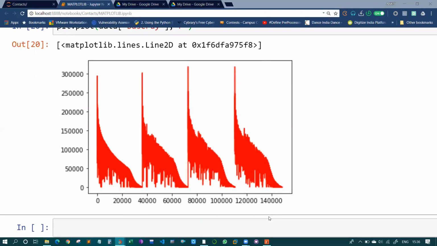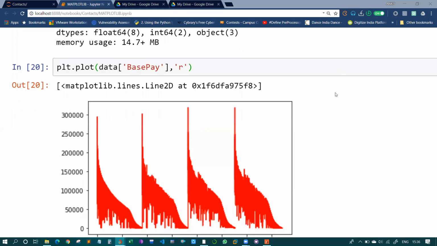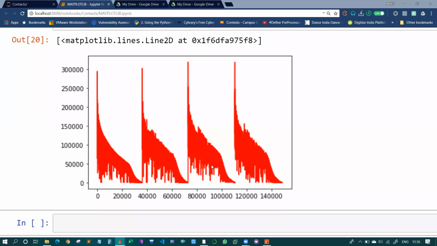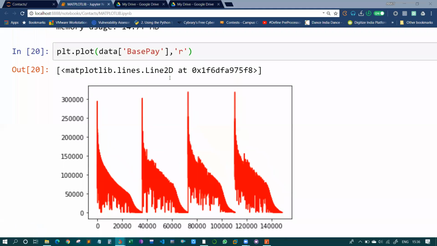But I think I told you one thing the previous day: if you are working with matplotlib, it is really hard if your data set is very large, because matplotlib cannot handle that much data. That is one of the major drawbacks of matplotlib. Another thing is that you need to specify labels. Here you can see there is no labeling done, so whoever you are showing this graph to cannot understand what this x-axis means or what this y-axis means. There is no label, so it is an incomplete graph. This is another disadvantage of matplotlib.